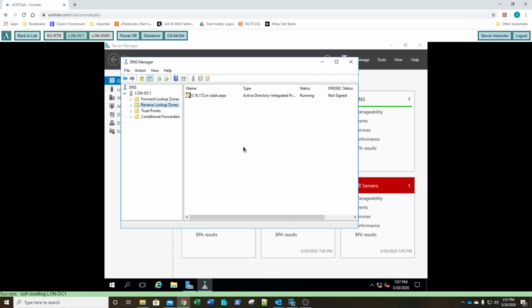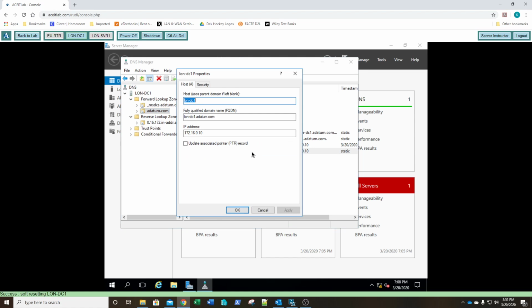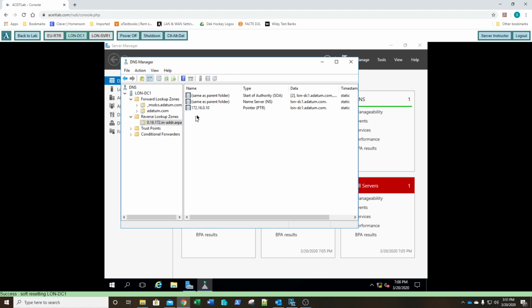And we click finish. We now have the ability to reverse look up IP addresses and names. So if I go to mydatum.com, if I double click on my LUNDC A record, if you remember, an A record's for an IPv4, a quad A record, in other words an AAAA, would be an IPv6 record. I'm going to select update associated pointer record. I'm going to click OK. And now when I come back over here, there's the pointer